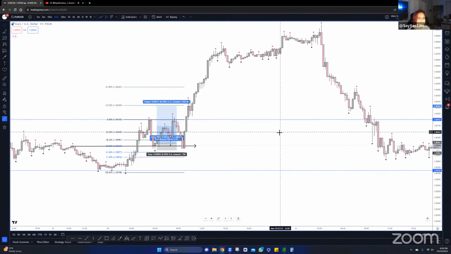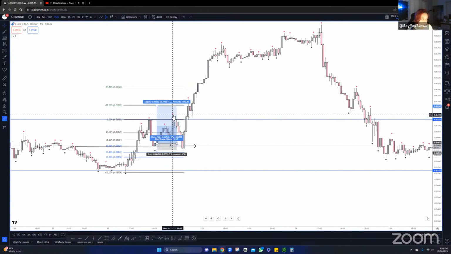Now, this one did not go to our goal immediately. And this is what I was talking about when I said that I always use 0 as my take profit number 1 because you never know if it's going to form a double top or a double bottom. And that's exactly what it did. It failed to break our 1 hour structure, gave us a rejection candle here, and started to go down, giving me the opportunity to either exit my trade, take partials, or just be comfortable with what I thought was going